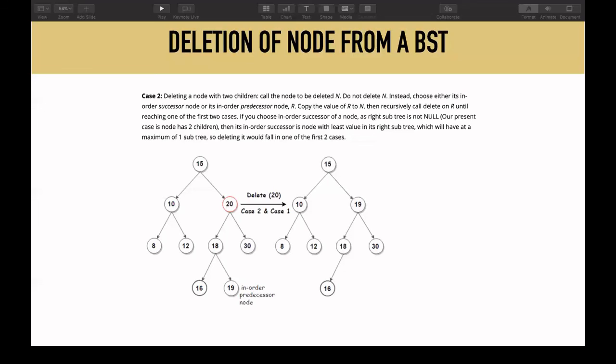Or else, what else I could have done is, if I don't want to touch the left subtree, I'll go to the right subtree and find out the smallest value in the right subtree. So in the right subtree of 20, there is only one node present. So what I do is I delete 30 and I replace 20 with 30. So you can see that again the binary search tree property holds, and it is always going to hold, because you are selecting the largest from the left subtree or the smallest from the right subtree. So after replacing those values, the binary search tree property is going to hold.